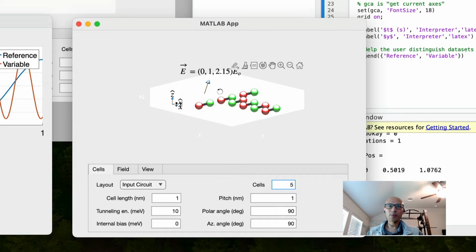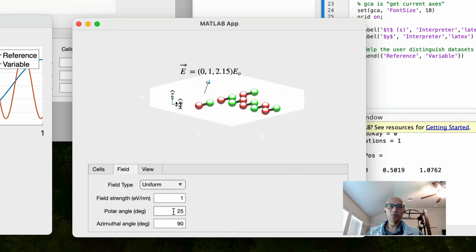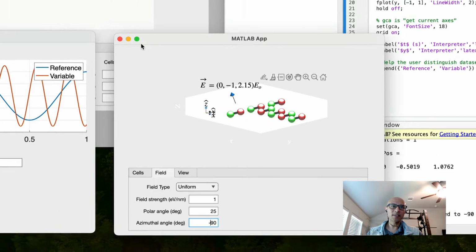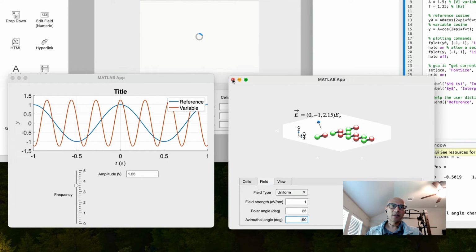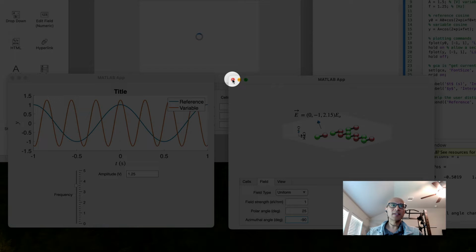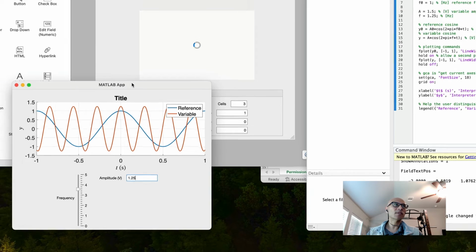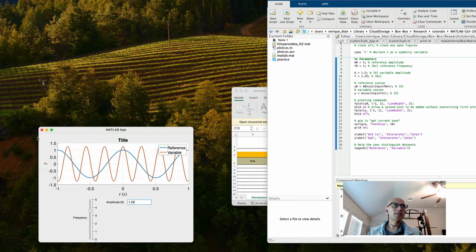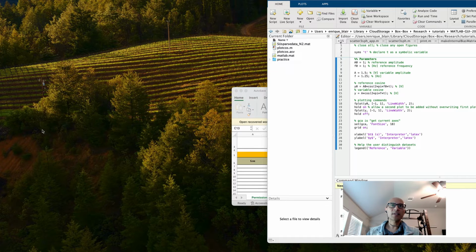The field points in one direction. If I change its direction, the molecules will respond differently. Let's change that positive 90 to negative 90. But that's complex, so let's not focus on that. Let's just build this simple app. So we'll close this app so it's not a distraction. I'm going to close this app designer and we'll close this app and let's figure out how to do it